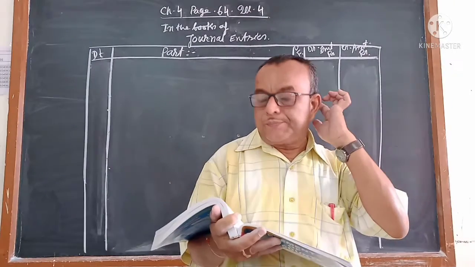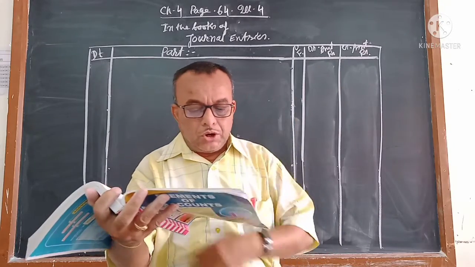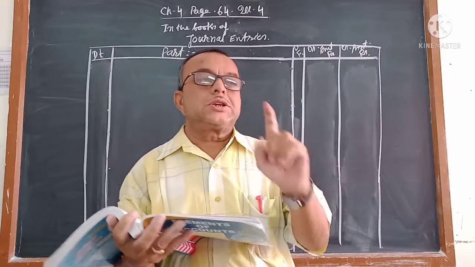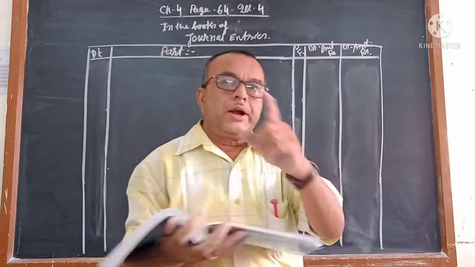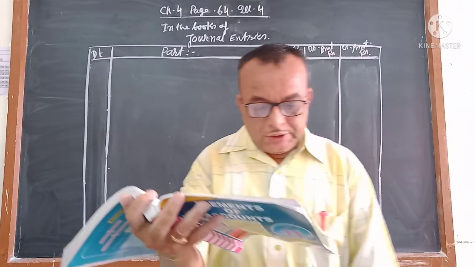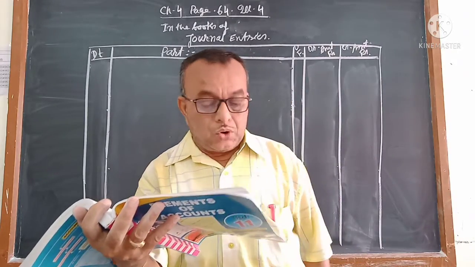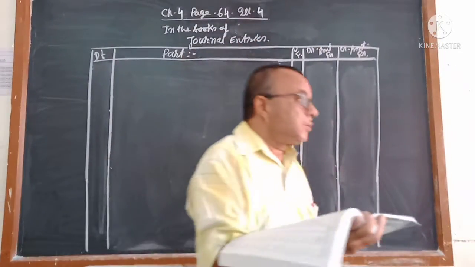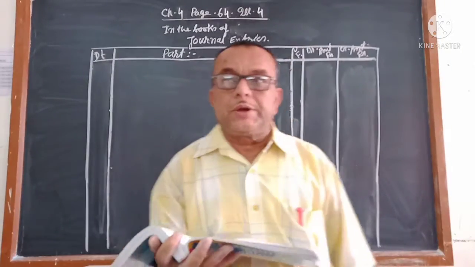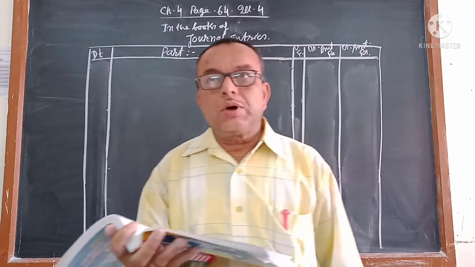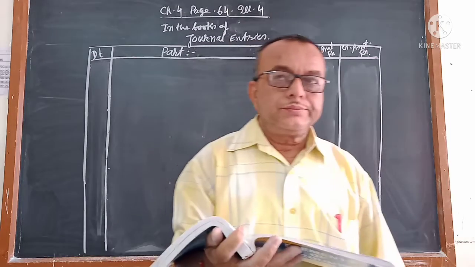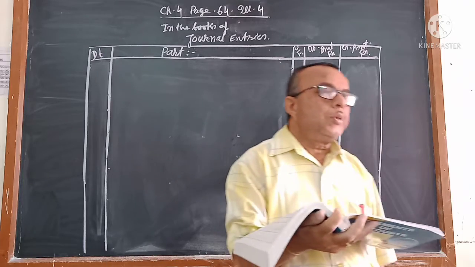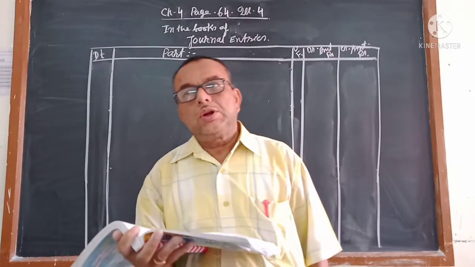How many books you have to maintain? In the previous video I taught you page 62, illustration 3, and one by one all the transactions I explained on the board and also wrote. Now like this, one more illustration on page number 64, illustration 4. Like that, one or two illustrations let me explain from your textbook, though the answer is given. But you try to understand the way I am teaching you, and also follow it from your book. Almost all the things you will be able to understand. If you do not understand, you can tell me.